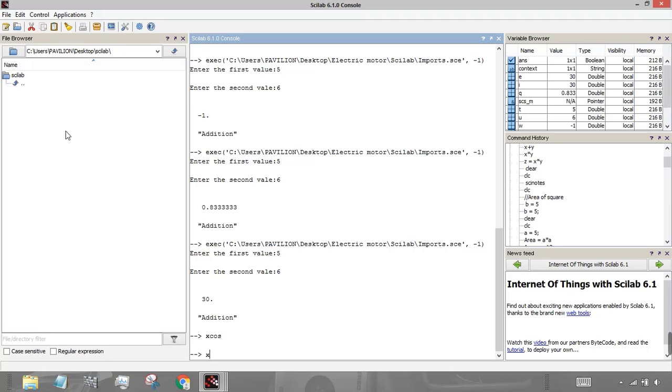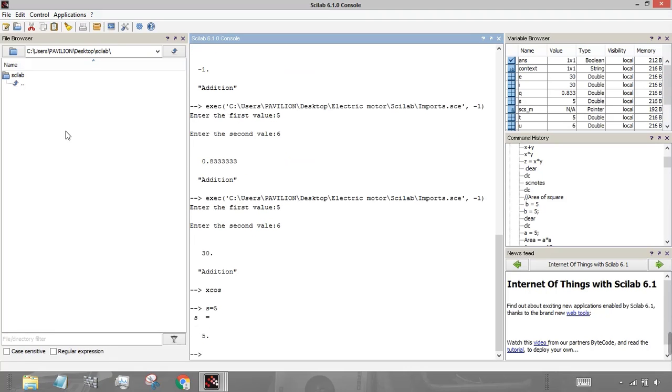First of all, we will calculate the area of the square. So first we will define a variable, let's say s, which is one side, which is 5. So let's suppose that a square has a side of 5 centimeter or 5 mm, whatever you want. So we will create a variable named s as 5.